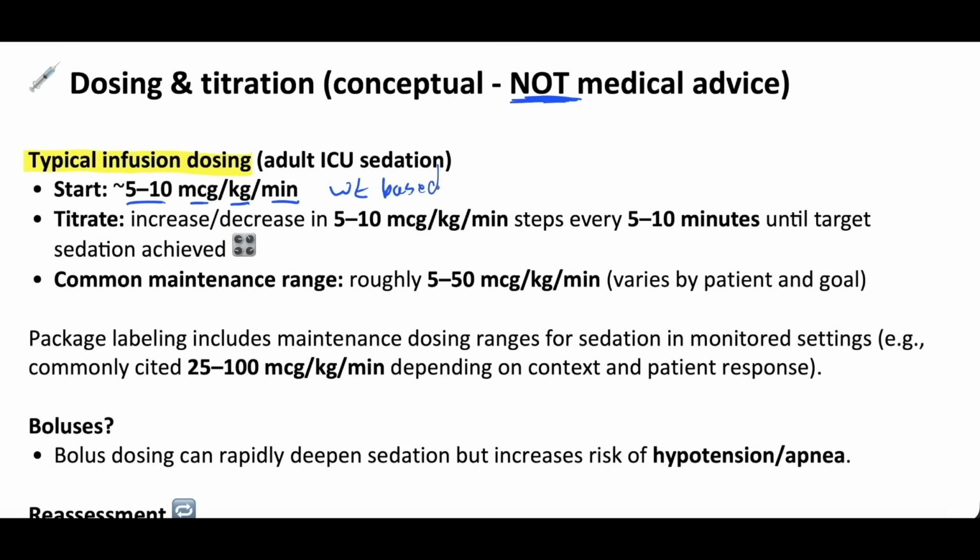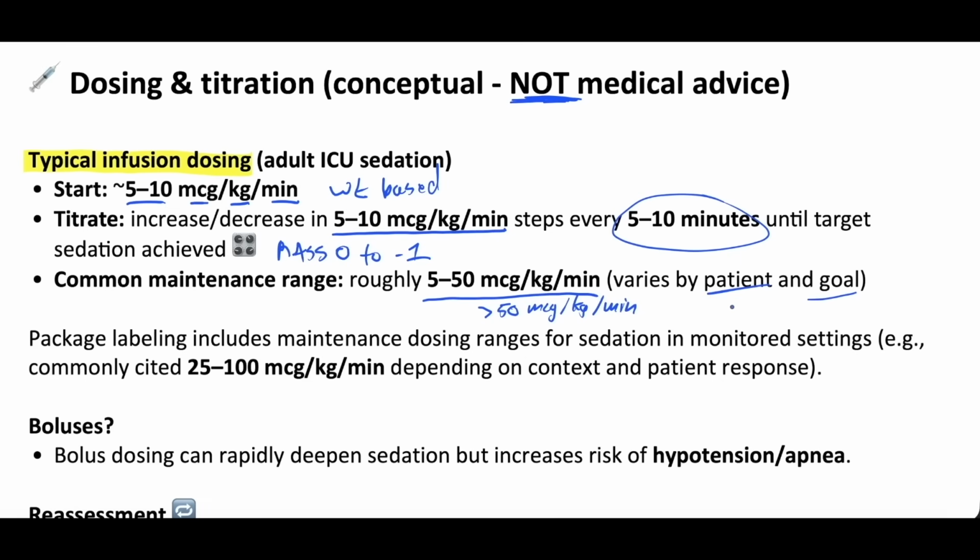All right. And we usually will titrate it by 5 to 10 micrograms per kilogram per minute every 5 to 10 minutes until you get to that target sedation. Again, often that RASS of 0 to -1, although sometimes deeper than that. Common maintenance ranges are usually somewhere in the realm of 5 to 50 micrograms per kilogram per minute. Anything more than 50 micrograms per kilogram per minute would be considered quite heavy dosing from a propofol standpoint, but it certainly varies by patient and by goal, right? You sometimes will be on higher doses,